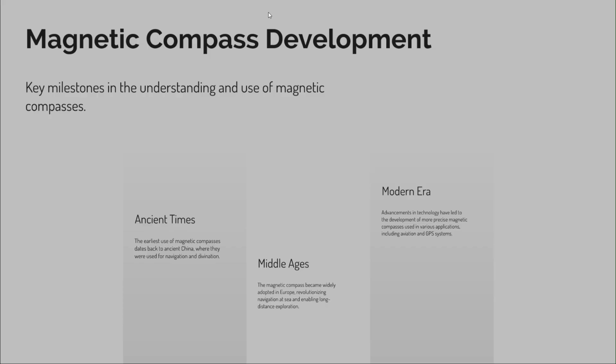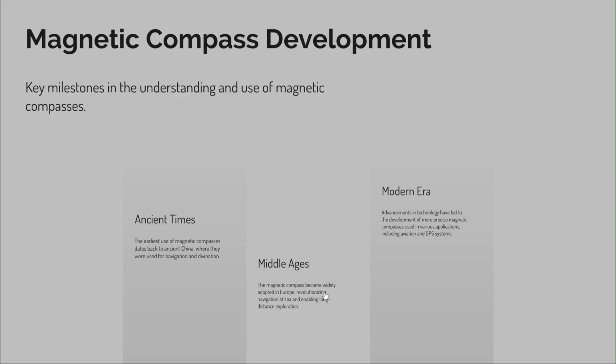And divination is predicting future events by understanding certain signs, or sometimes things like tarot cards, astrology, those things. Okay. In the Middle Ages, the magnetic compass became widely adopted in Europe, revolutionizing navigation at sea and